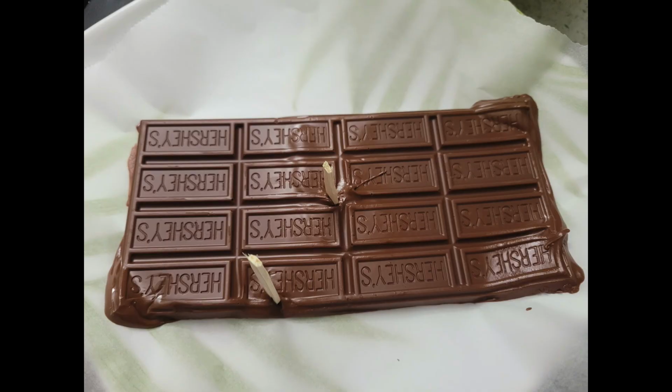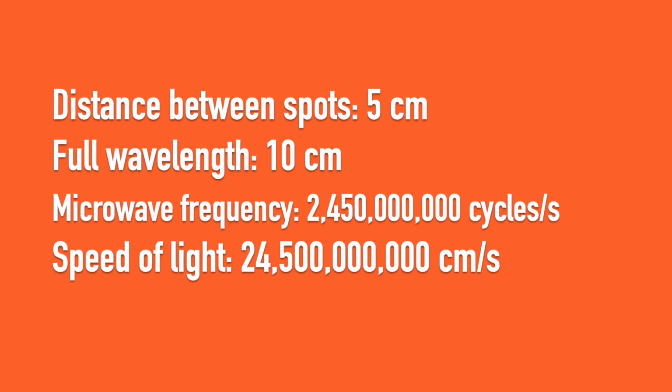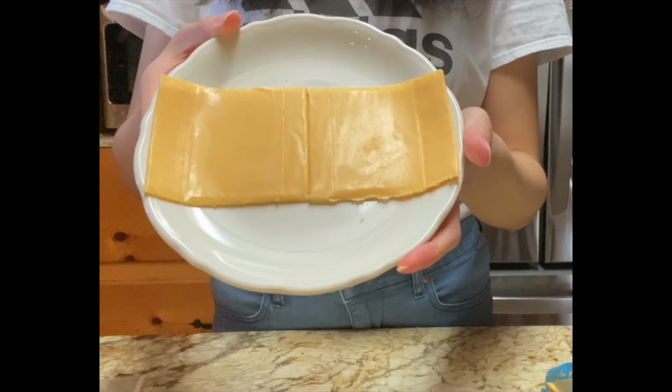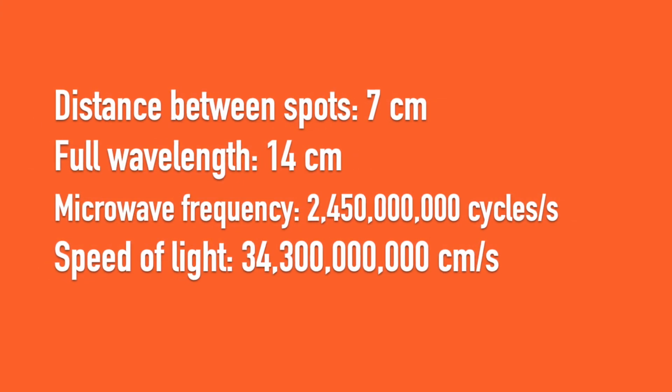We repeated the chocolate experiment, and our second trial was 5 centimeters distance with 10 centimeters wavelength with the same microwave frequency to get 24,500,000,000 centimeters per second. You can also try with other foods like cheese. In this case, we got 7 centimeters in between the spots with a full wavelength of 14 centimeters with the same microwave frequency to get